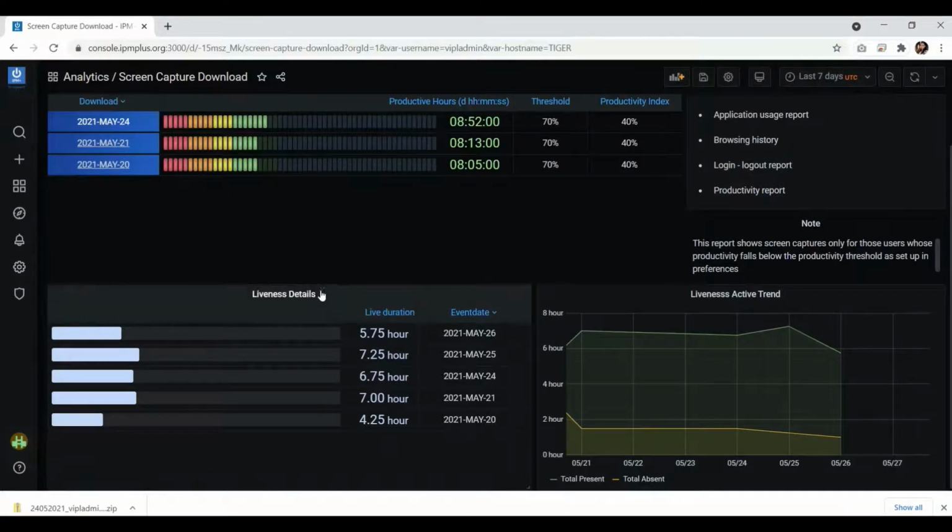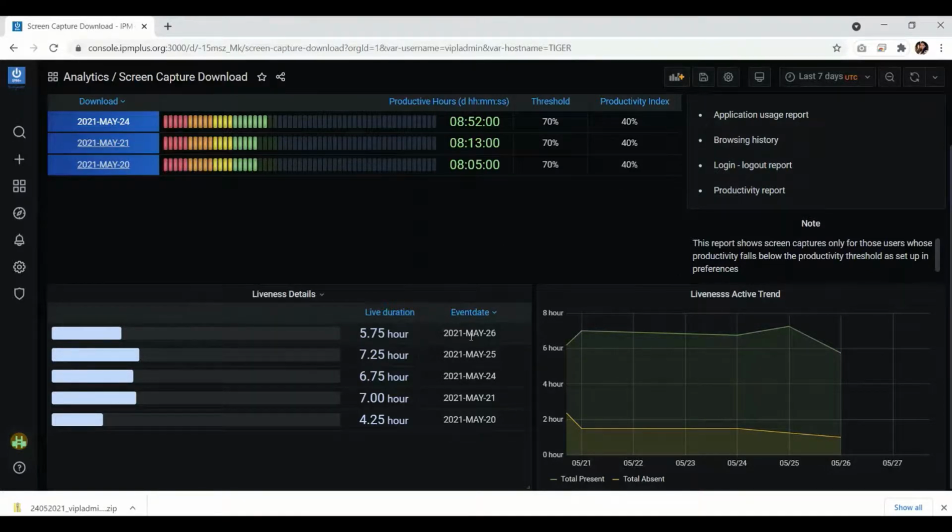And also we are capturing the liveliness of the user by using the webcam, and throughout the day, whether the user was present in front of the system or not is recorded, and the total live duration is shown against each day.